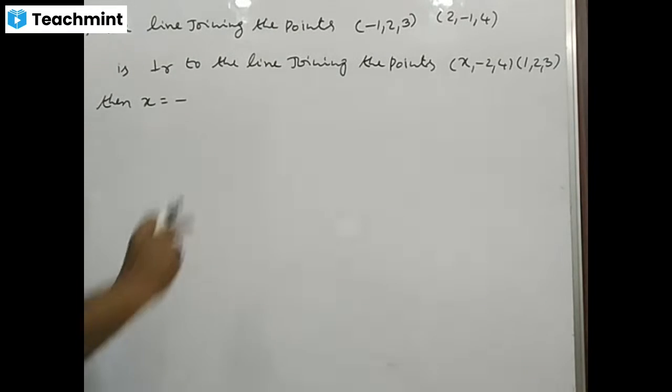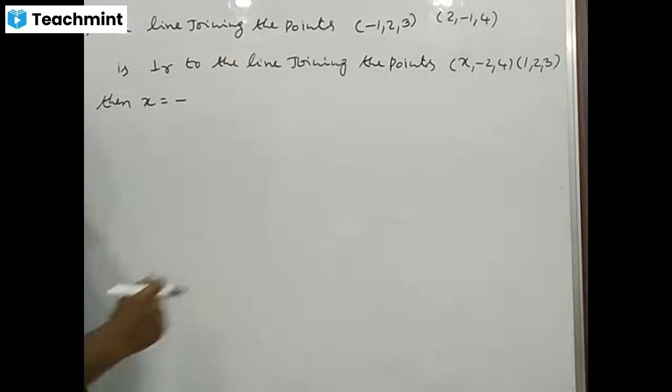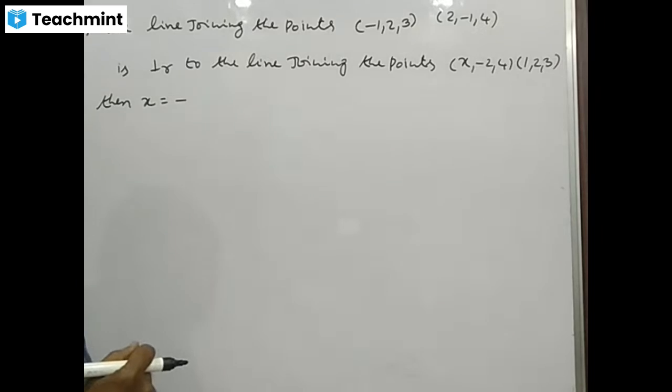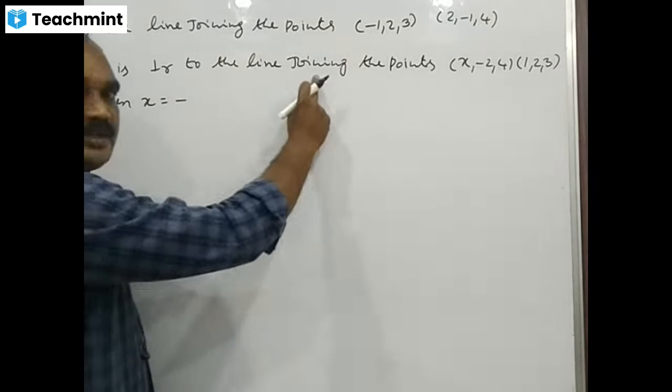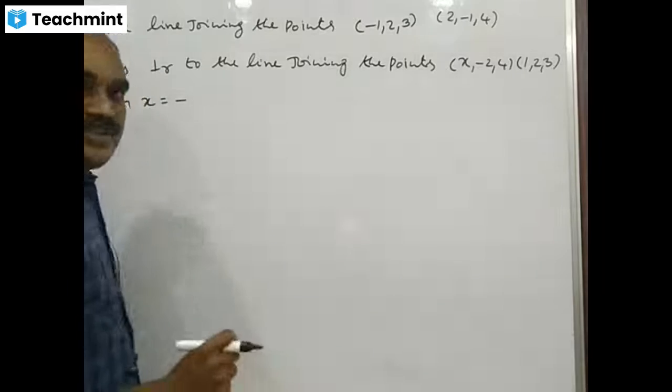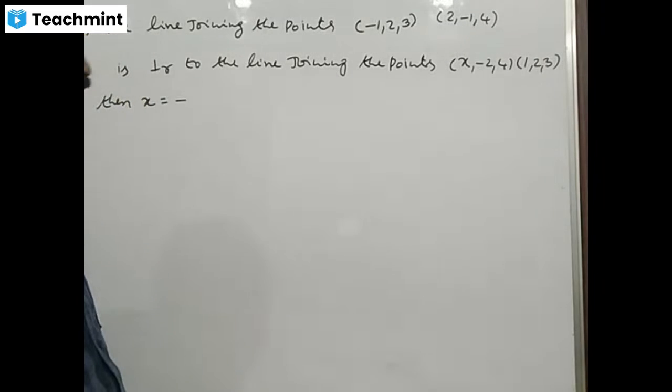So if the line joining the points minus 1, 2, 3 and 2, minus 1, 4 is perpendicular to the line joining the points x, minus 2, 4 and 1, 2, 3, then x